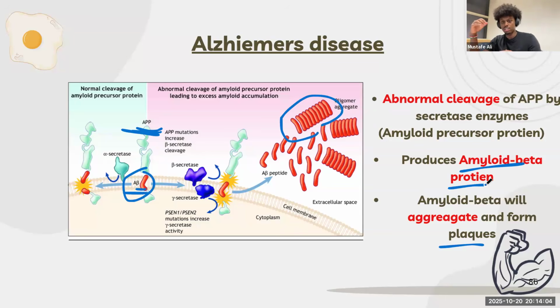Now, because this amyloid beta protein is being released, one from the left, one from the right, one from the center, something about these amyloid beta proteins is that they love to stick onto one another. Because they love to stick onto one another, they form these big protein structures right here. They aggregate and become toxic to the cell, and they form something called amyloid plaques. Okay? So all you need to know: abnormal secretase cuts off APP in a weird way. Amyloid beta protein is produced, very sticky, sticks onto other amyloid beta proteins, then it leads to disease.